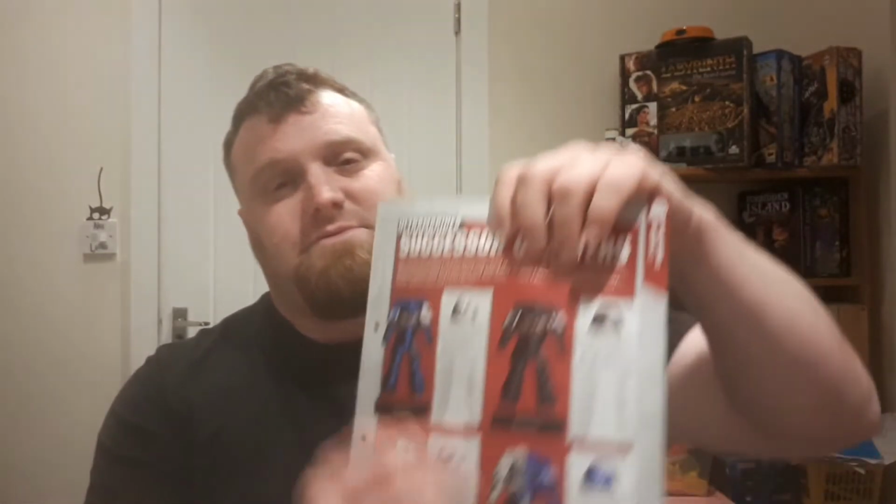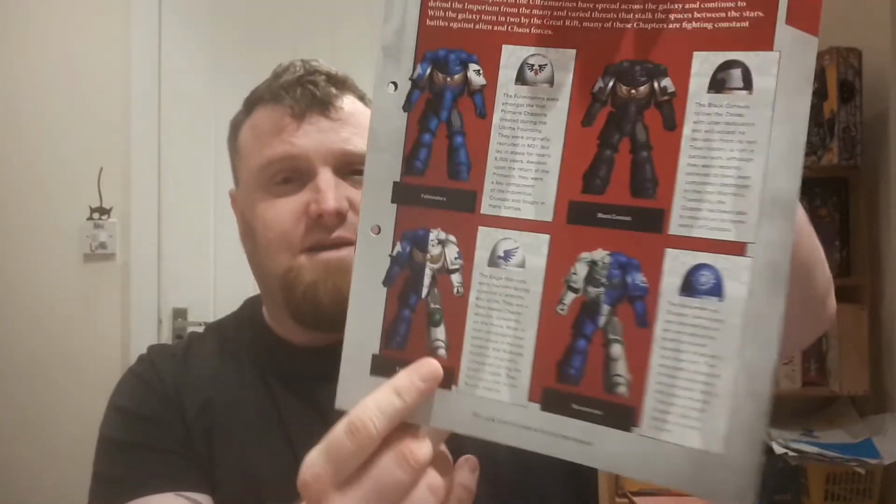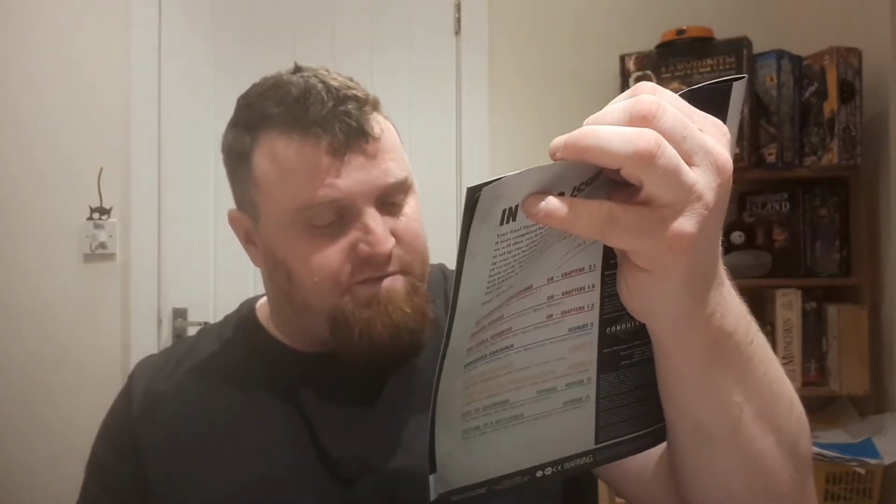That's unfortunate. We've got those two. Then we've got the Eagle Warriors, one of the nicer colour schemes in my opinion. Eagle Warriors were founded during a period of anarchy and strife. They're a fleet-based chapter constantly on the move. Most of their campaigns have taken place in the star system that Roboute Guilliman originally conquered during the Great Crusade. They lost many men to Noctis Eterna. Well. And then finally they're showing us the Nova Marines,